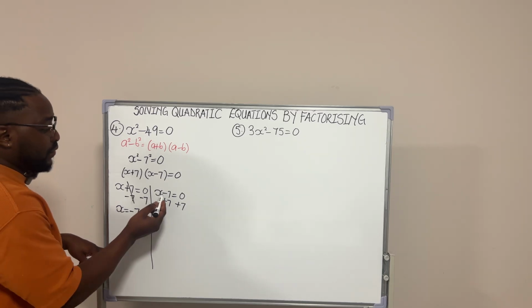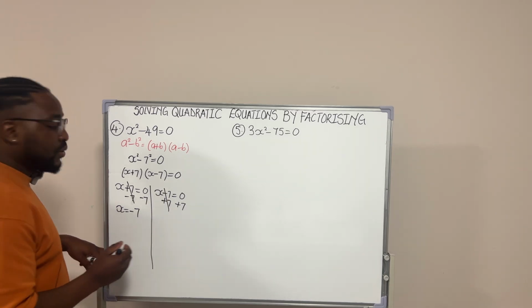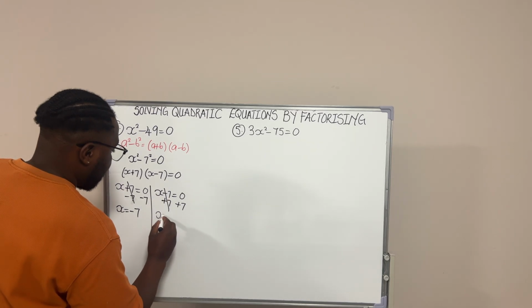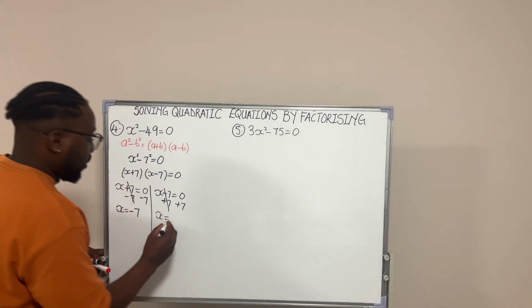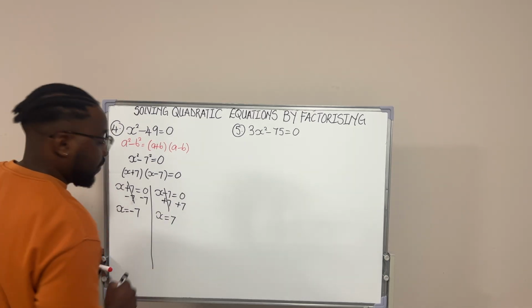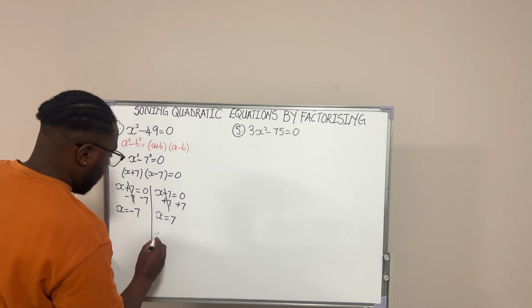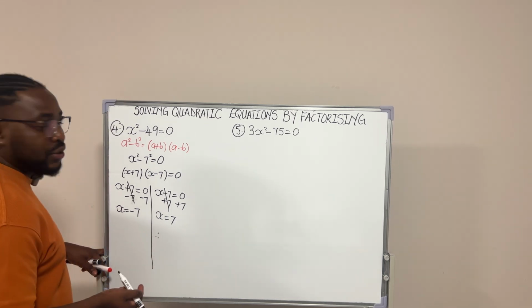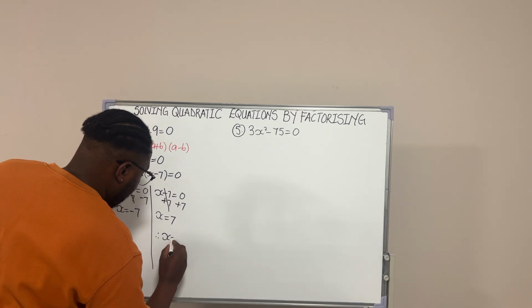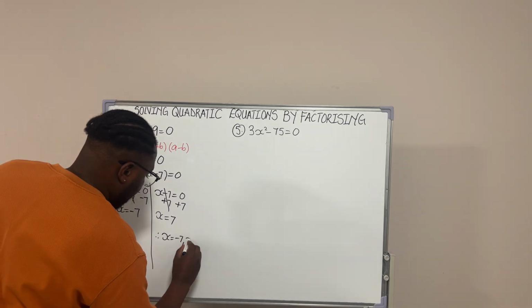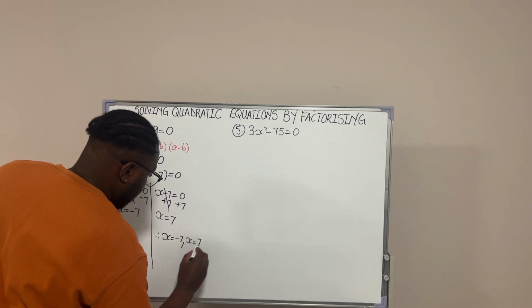Negative 7 and positive 7, those two cancel out. We shall be left with what? With x equal to 0 plus 7 is what? Is 7, right? So therefore, our solutions are x equal to negative 7 and x equal to 7,